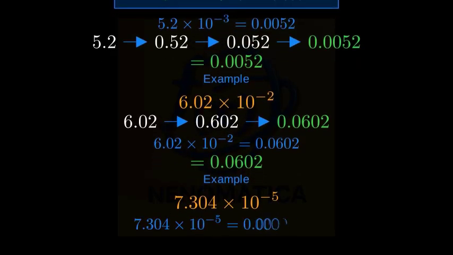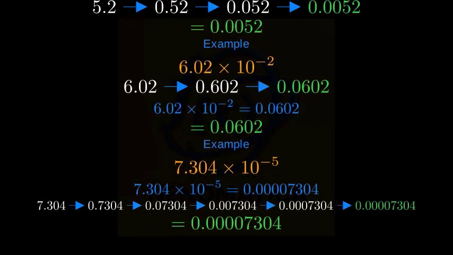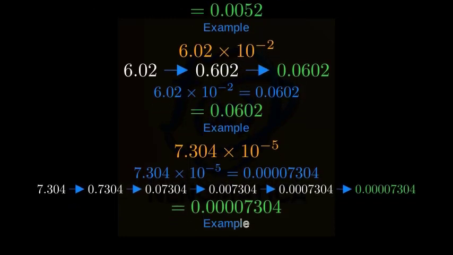For 7.304 times 10 to the -5 power, we move the decimal point 5 places to the left. We'll need to add leading zeros to get 0.0007304. Let's continue with another example,